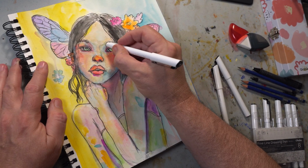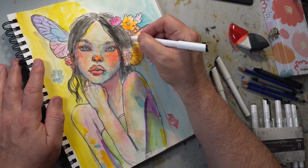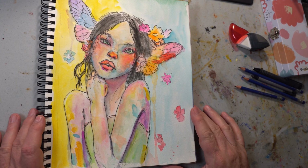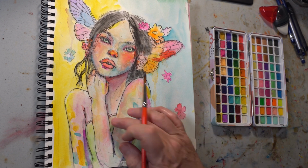So inking it, clarification, makes the things pop. I don't know, seems like it makes it a little better. I don't know, it helped the eyes a lot, maybe the edges of the nose. So it's fun. And then I'm just looking at it, and I decided I needed to re-up some color values